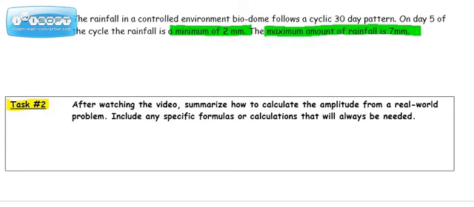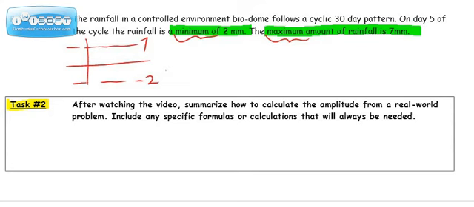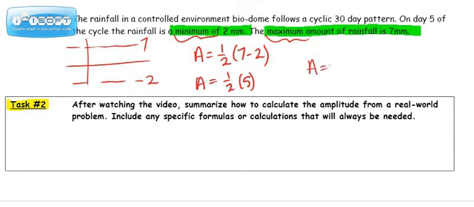The last problem is dealing with a controlled environment for rainfall. And again, I don't see any diameter or radius in the problem, but what I do see is a minimum and a maximum value. So again, if I were to sketch this, my maximum is at 7, my minimum is at 2, so I'm going to use A equals 1/2 times 7 minus 2, 1/2 times 5. So again, my amplitude is 2.5, meaning it's a distance of 2.5 millimeters above